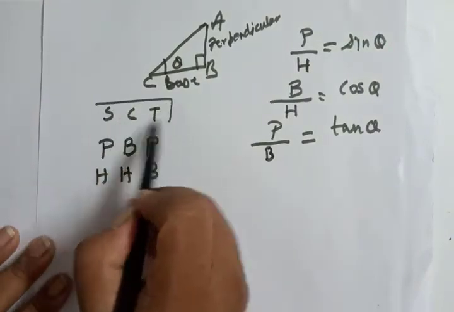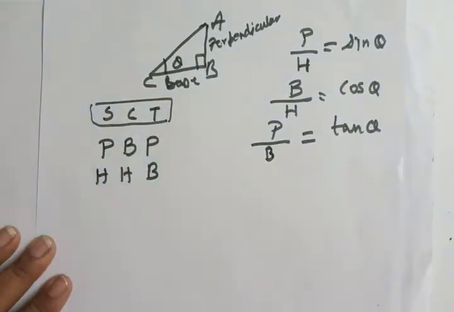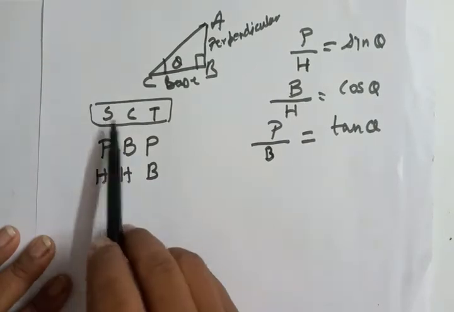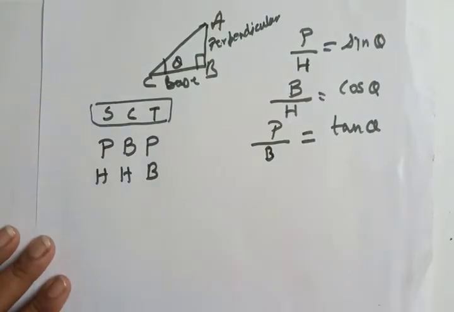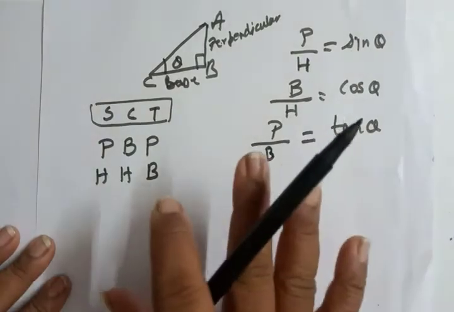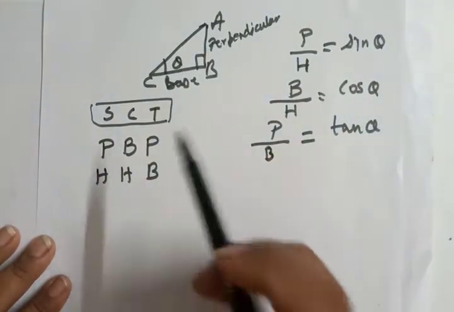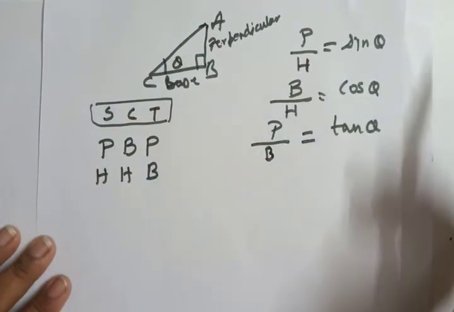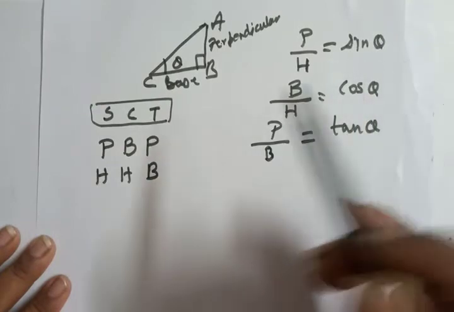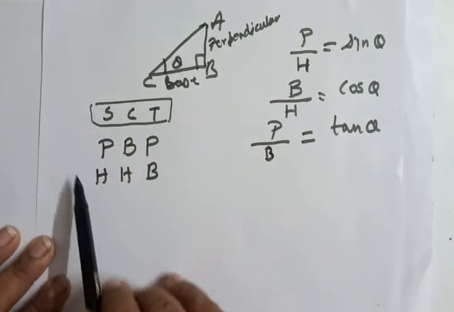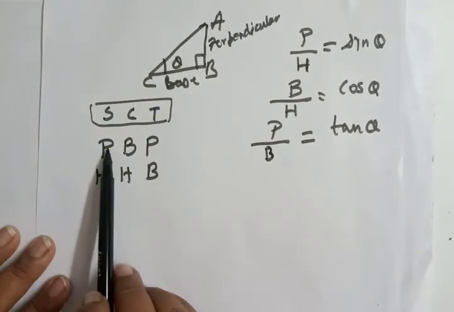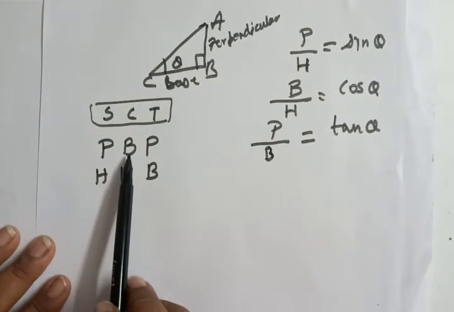Yes. Now I've put it in the box. I am repeating, Pandit Badri Prasad Har Har Bole Sona Chandi Tole. This is the only trick, and this is not a formula, but this really helps in remembering all these ratios, because all the questions will be based on these ratios also, and you can make your own trick also. So P represents perpendicular, B represents base,